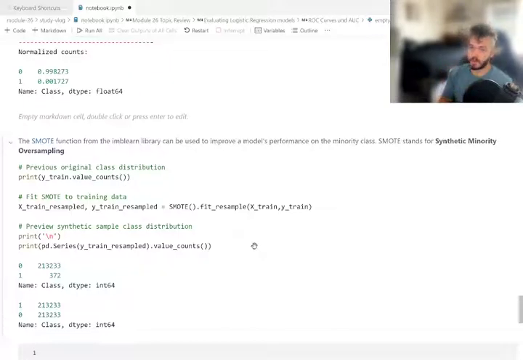So SMOTE is a way to engineer your data to be more suited to train the model. So we have our example code here,